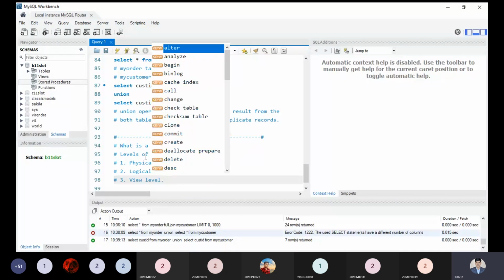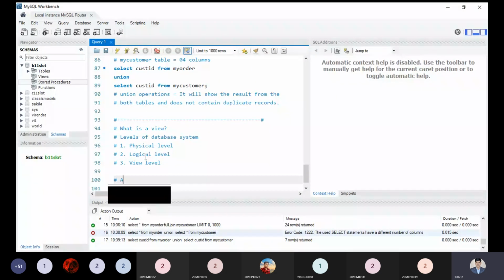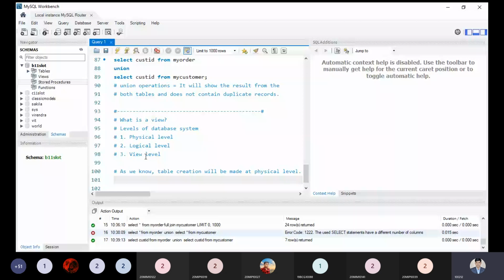The point to keep in mind: table creation will be made at the physical level. Can I write this statement over here? Table creation will be made at the physical level. Just tell me, am I right or not? Yes or no.